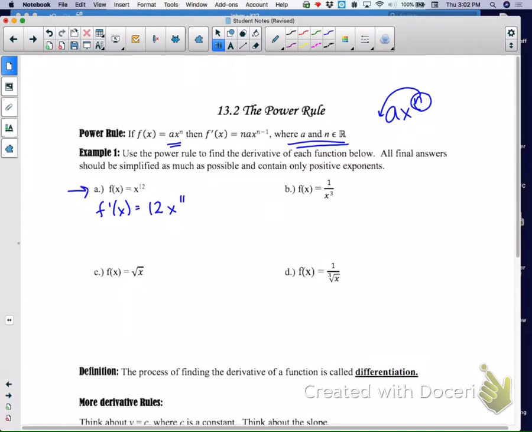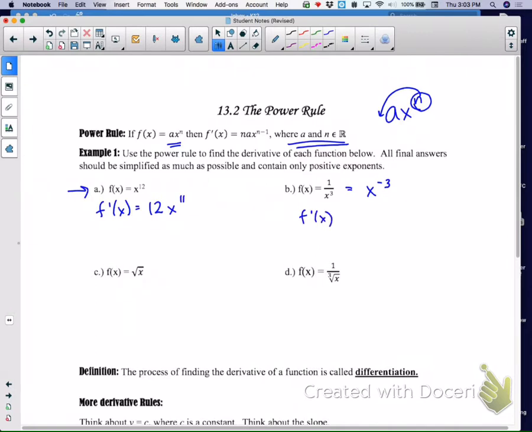Now, the next three will also work that way, but we have to make them in that form, a times x to the n power. So for b, I need to think of that as being x to the negative 3 power. If you remember from Algebra 2 and from Pre-Cal, that negative exponents normally put you on the bottom of a fraction. So being that I'm in the bottom of a fraction, if I make it negative, that'll put me kind of back on top. So now if I do the derivative of that,